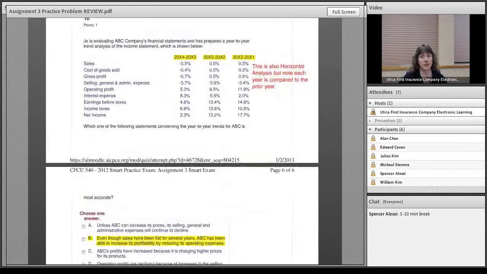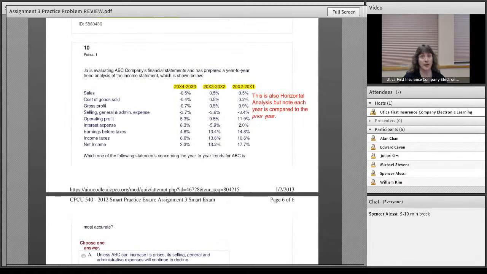Now let's look at another one. Now look at this one. This is also horizontal analysis because you see the numbers are not common sized. We're comparing one year to another year, so it's horizontal. But now I want you to note up here that instead of comparing the base year to 1 year, it's always this year to the prior year. See, this is 03 to 02, and this is 04 to 03. So what this is saying is this actually is this continues